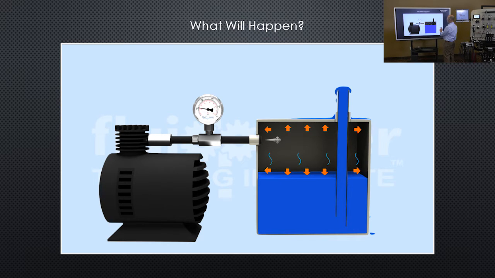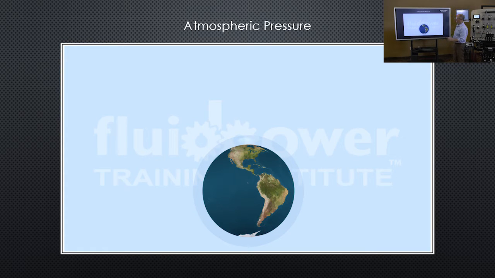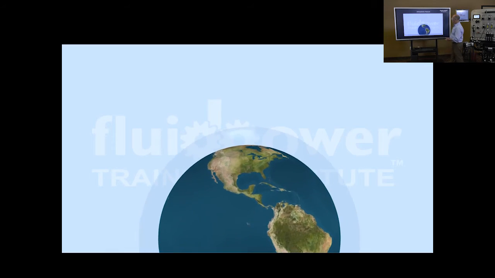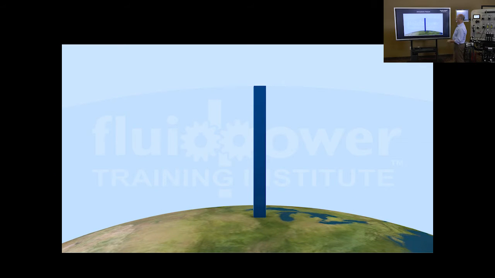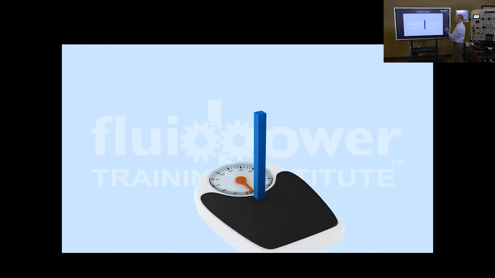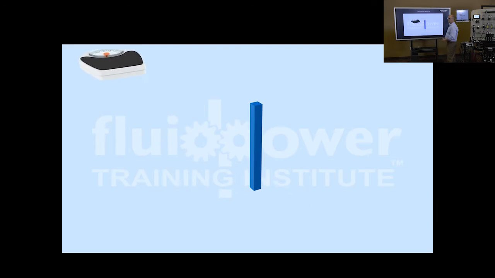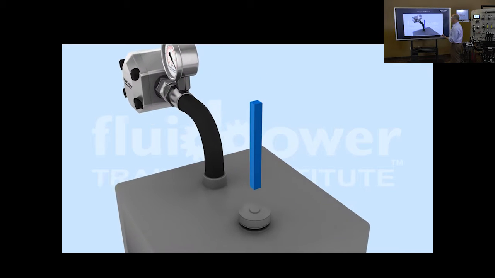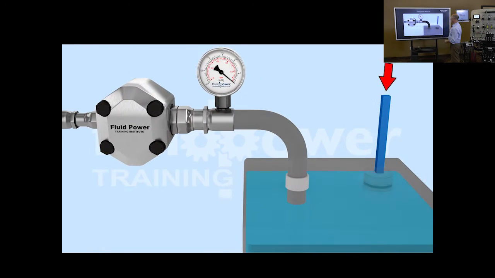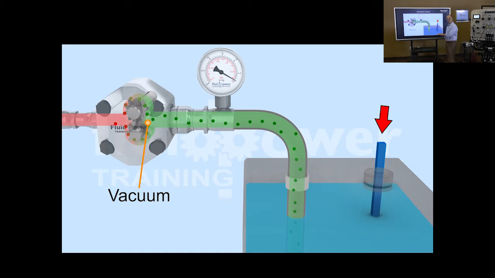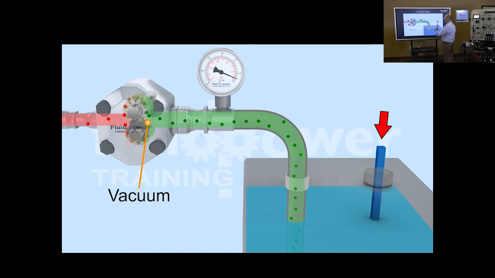If we had to study how a hydraulic pump functions, it functions in exactly the same way. For example, there's an ocean of air that surrounds the earth. That ocean of air has weight. So let's weigh it. We'll take 1 square inch of that ocean of air, we measure it, and it weighs 14.7 pounds per square inch. That pressure through the breather on top of the reservoir pushes down on the oil, and as the pump rotates,